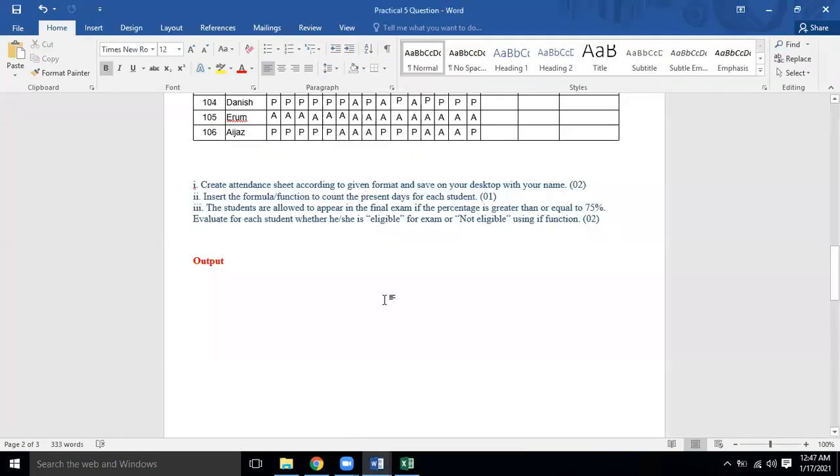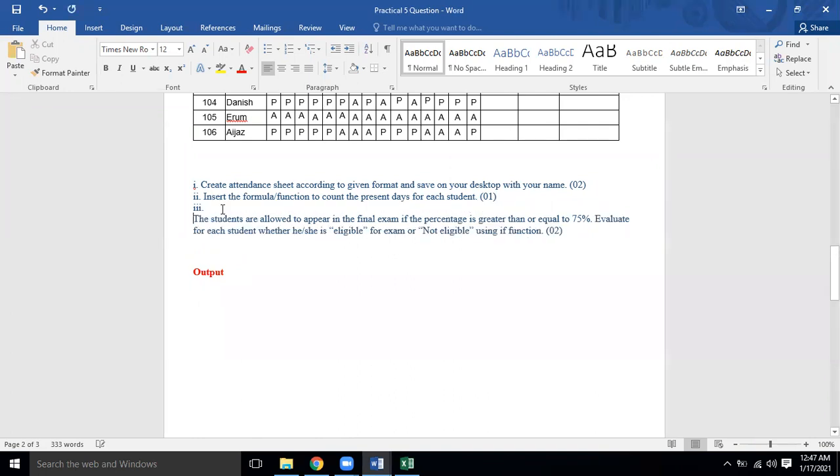This is the percentage that we have calculated over here. So I think I should give 1 point over here for the present days for each student.